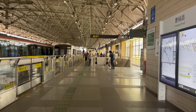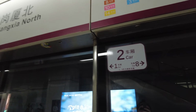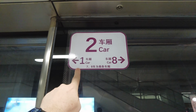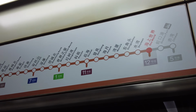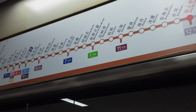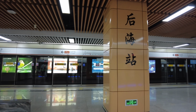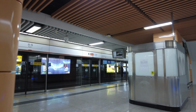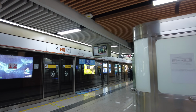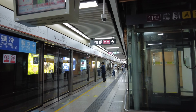stations. For the most part, if you are unsure of where you're going, or if you're going in the right direction, all you need to do is simply look at the track map above the platform. The direction on the side you are going has all of the future stations in the color of the line you are on, while past stations will all be grayed out. So if you are on the wrong side, you simply walk across the platform. Because of these design features, it is nearly impossible to be on the wrong platform or to board the wrong train. I would call it idiot proof, but I'm sure someone out there somewhere has screwed it up at one